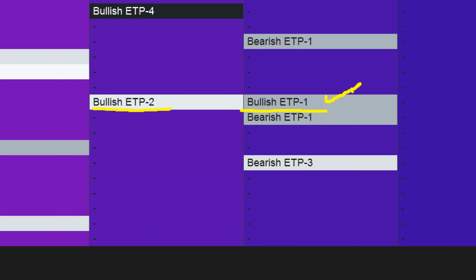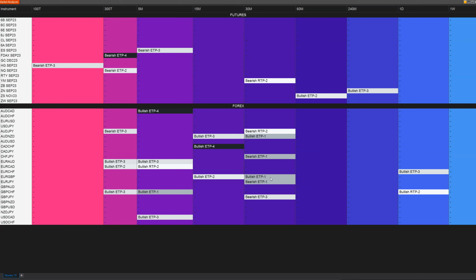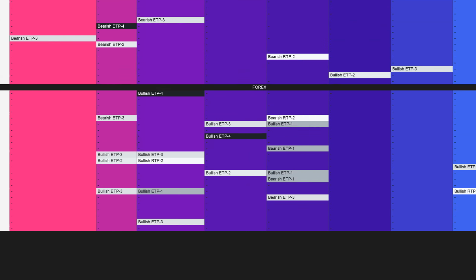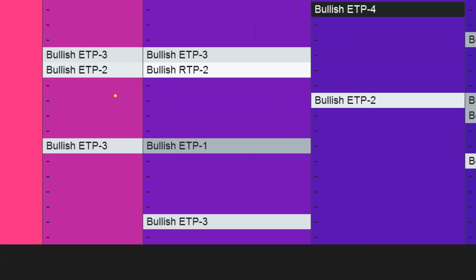And it's very easy to find them because all you're doing is looking across all the time frames and you're looking for patterns that are right beside each other, right? Patterns that might be on a 5, 15, and 30 minute in a set of 3, or maybe they're on a 30 minute and a 60 minute in a set of 2, but you're looking for different patterns that are going to be side by side,